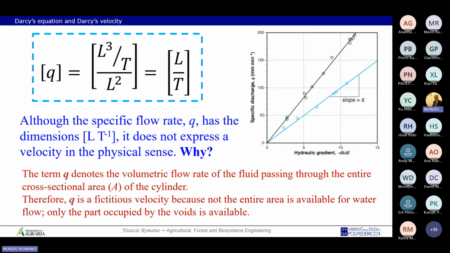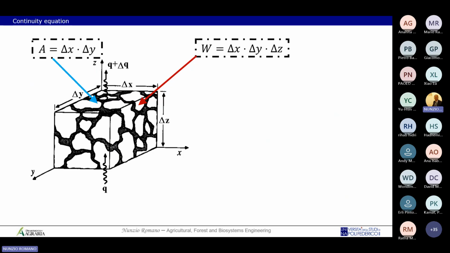This is the equation of motion, and then we have to couple this equation with the continuity equation. To understand the continuity equation, I will make this very, very simple. We can consider a very small cube into the soil system. So we have the porosity, we have the particles, the area. This small cube has the sides delta x, delta epsilon, and delta zeta, and the area of this cube is delta x by delta epsilon, and the volume W is delta x, delta epsilon, delta zeta.